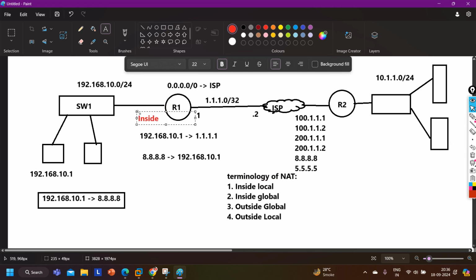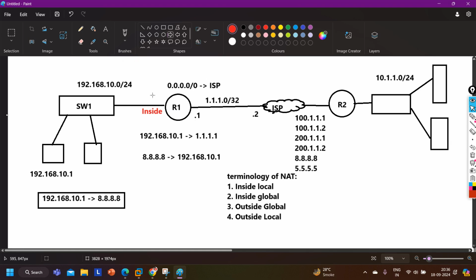And whenever the router receives traffic on the inside interface, it will come to know I need to translate source. Getting my point? The router will come to know I need to translate the source IP address.